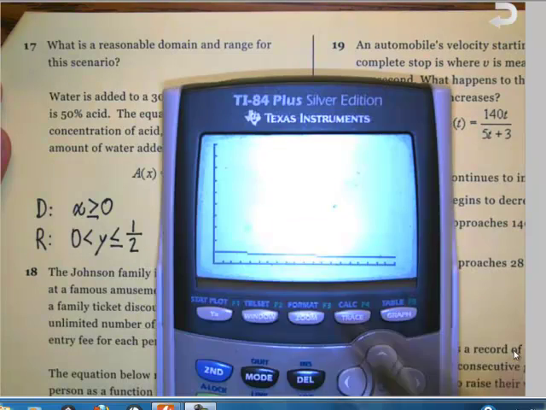Because you notice we start at 0.5 here, and then it gets lower and lower. And that's pretty much all that there is to that one. Now,